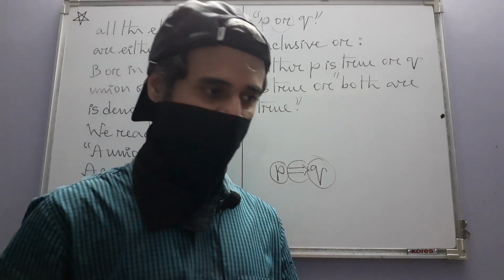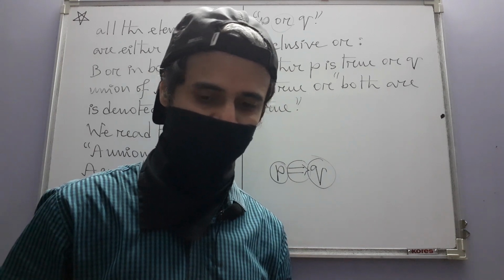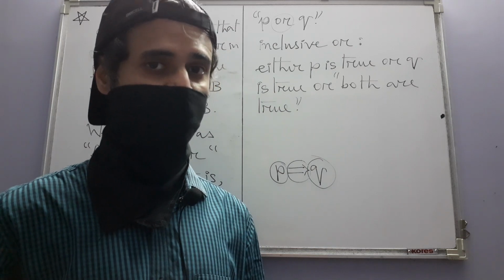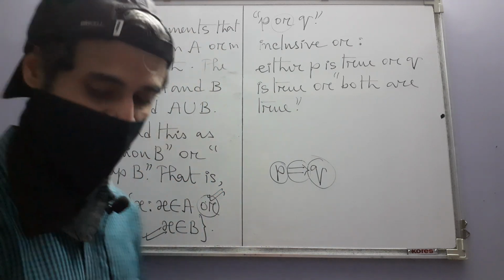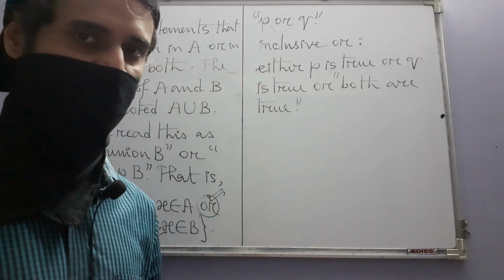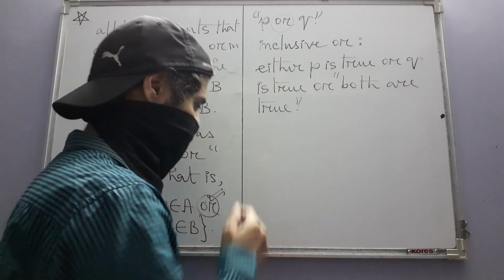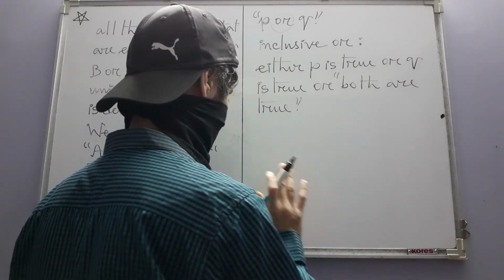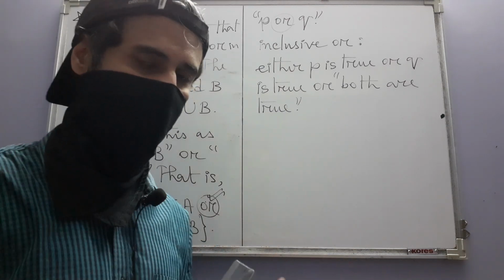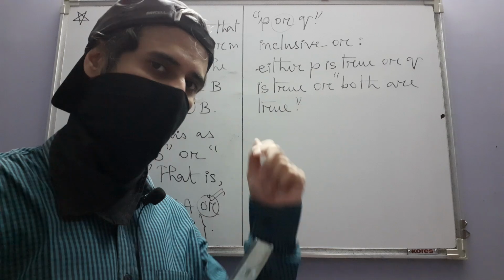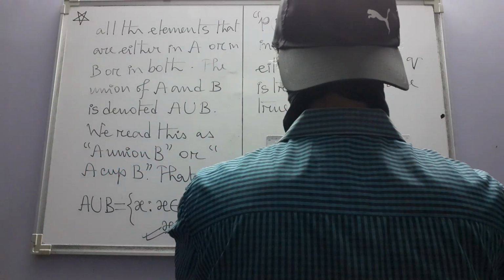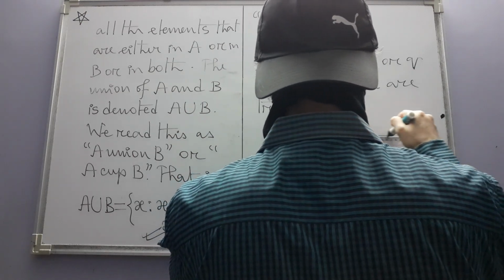Alright. Now having gone through this much about union, we can also try to draw the Venn diagram of the union of two sets. Alright. So let's do that now. Union of two sets means which two sets? Any two sets. So say you are given two sets A and B, and just for the sake of completeness, we also consider that both of them are subsets of some universal set which is there in the background, say U. So when you draw the Venn diagram of these three sets,